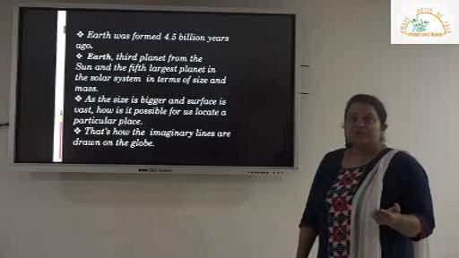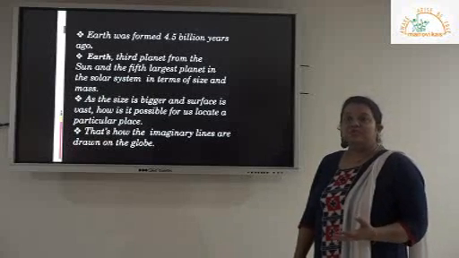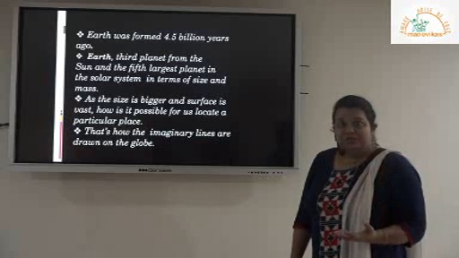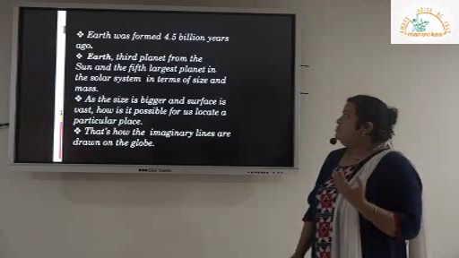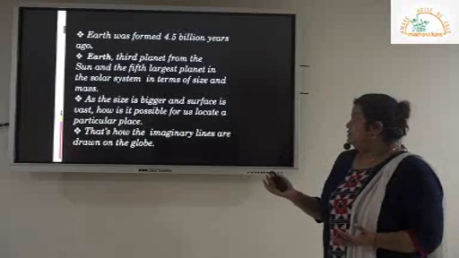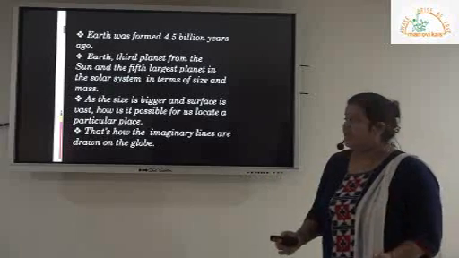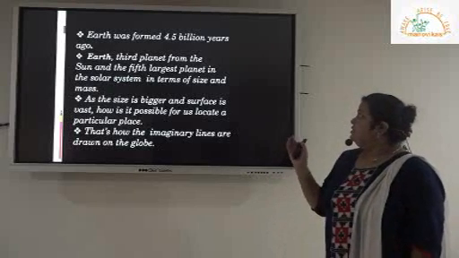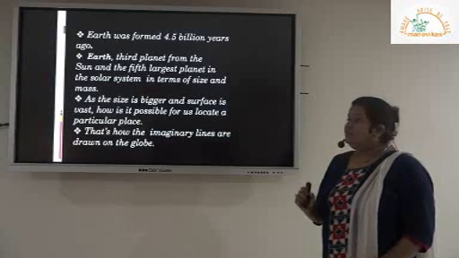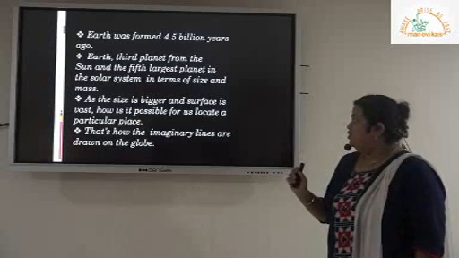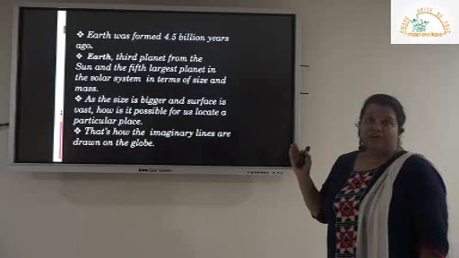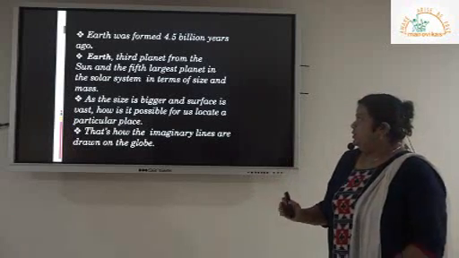In the previous chapter, Earth as a planet, we focused on understanding how Earth is a unique planet. Here we'll try to understand that the Earth, depending on the shape and size, is third in order from the Sun. As far as mass and size is concerned, it's fifth in position. The formation of Earth was somewhere 4.5 billion years ago.